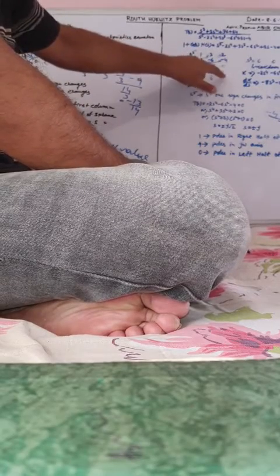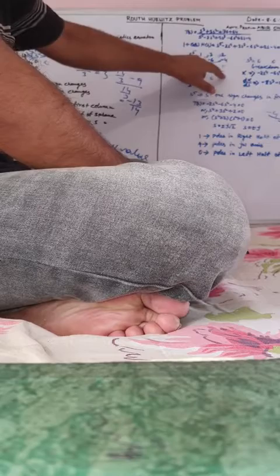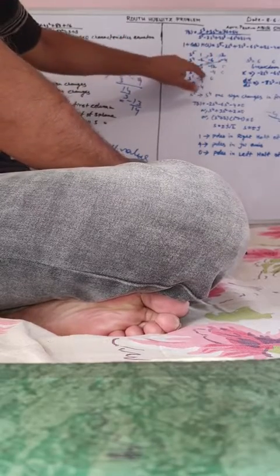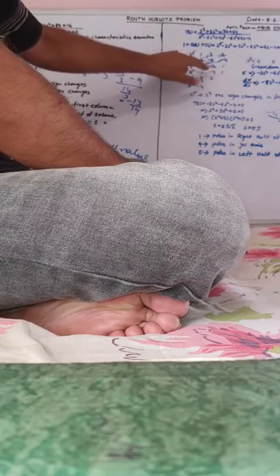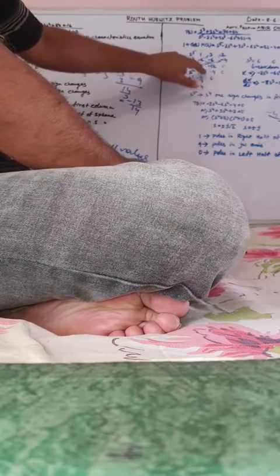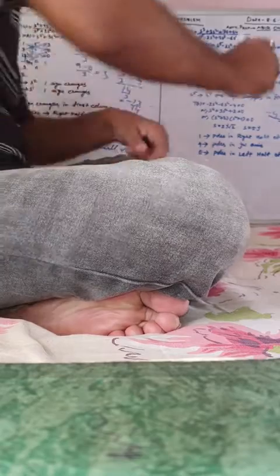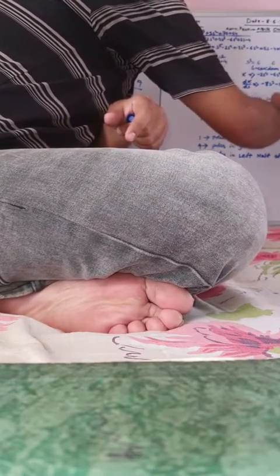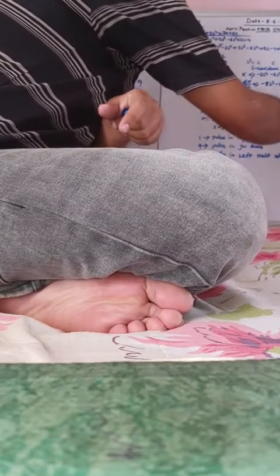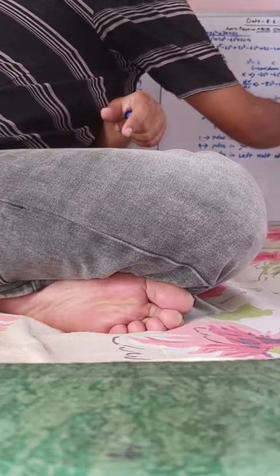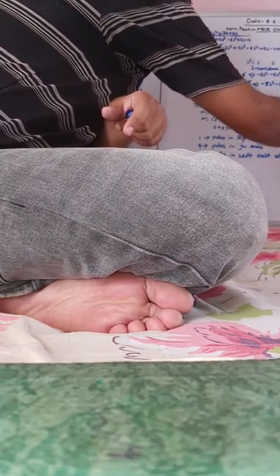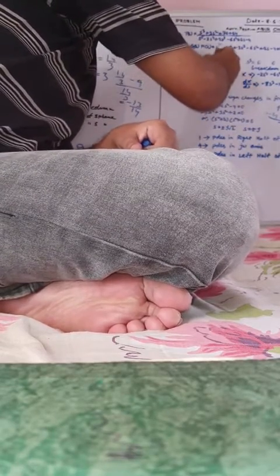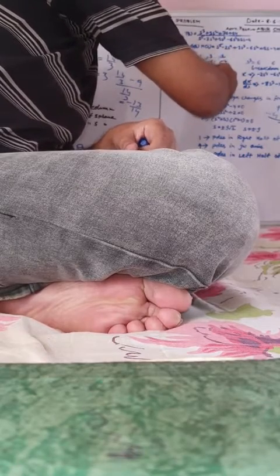So here it will be 0. There is no value here. Now minus 3 into minus 12 divided by minus 3. Minus 3 into minus 12 is 36. Minus 32 by minus 3 is minus 4 by 3. Here it is minus 4 by 3. So minus 4 by 3 into minus 4 is equal to minus 4.